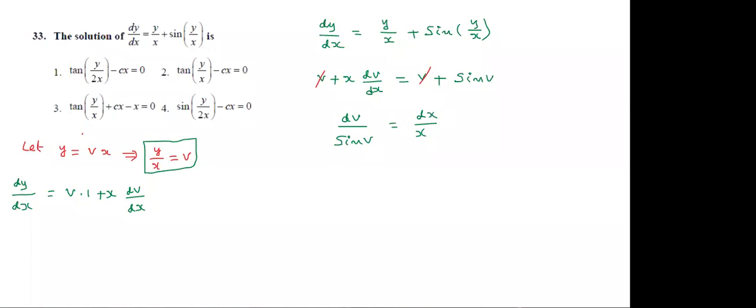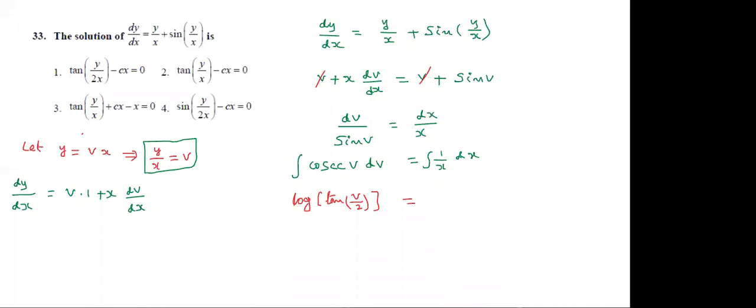Now apply the integration. 1 by sine means that is cosecant v dv, that is equal to integration 1 by x dx. Students, tell me what is integration cosecant v dv? Integration cosecant x dx formula is log tan x by 2. Because here tan terms are there, that's why I'm using that formula. That is log tan of v by 2,